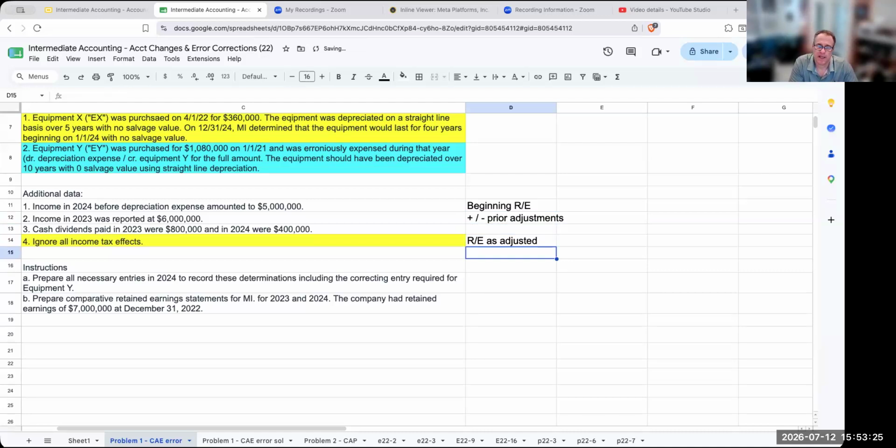Then we're going to be adding in net income. And then we also are going to be including in here the impact of the depreciation expense. Okay, so because we haven't, well, we'll get to that in just a moment. So we have net income, then we're going to have less dividends, and this is going to give us our ending retained earnings. Okay, so for 2023,